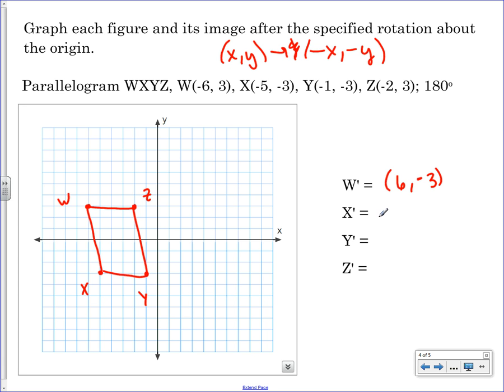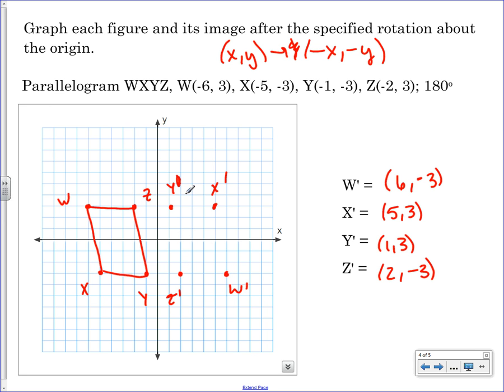What did you guys get for X prime? 5, 3. Very good. Y prime? 1, 3. Z prime? 2, -3. Is that confusing for anybody? Okay, when we graph it, we have to label these. I'll show you why that's so important in just a second. So write 6, 1, 2, 3, 4, 5, 6. Down 3, 1, 2, 3. W prime, 5, 1, 2, 3. X prime, 1, 1, 2, 3, Y prime, I was thinking of Z, 2, negative 3,